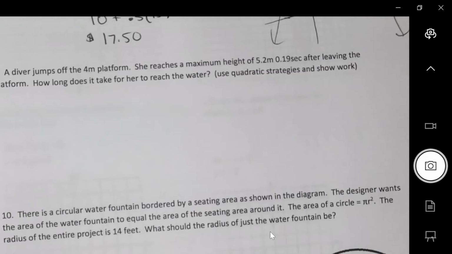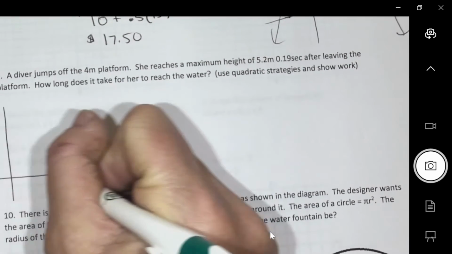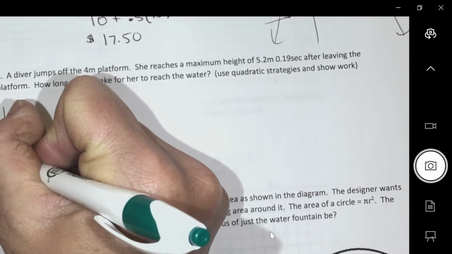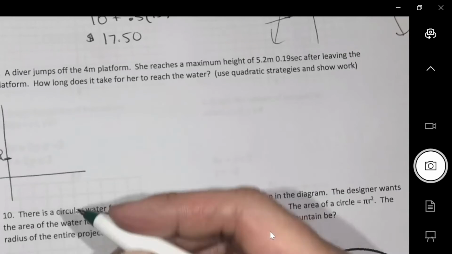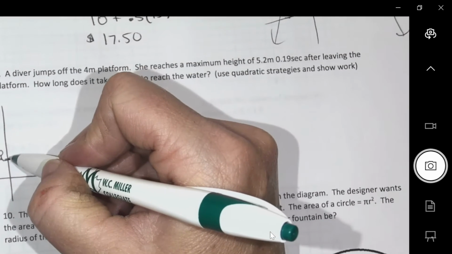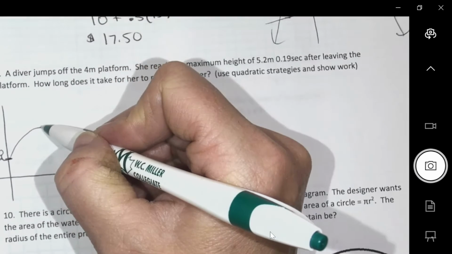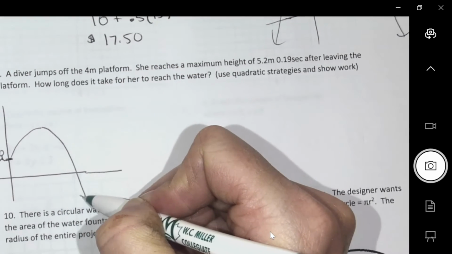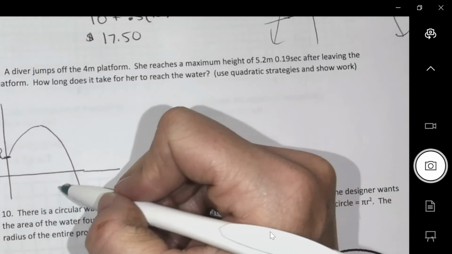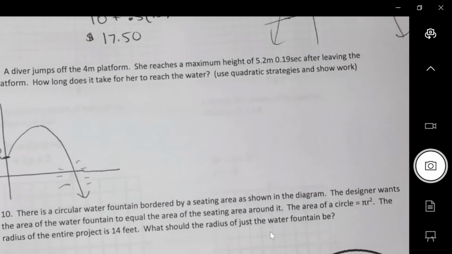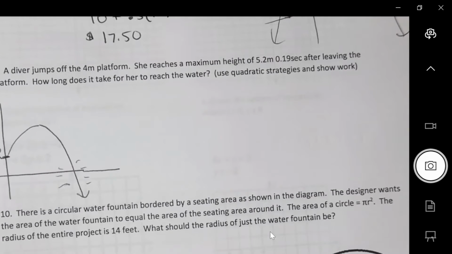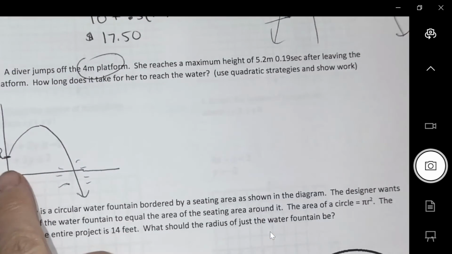Okay, a diver is jumping off a 4-meter platform. So your 4-meter platform, and then what does a diver do? Jumps up, eventually hits the water, right? Okay, so the 4-meter platform,